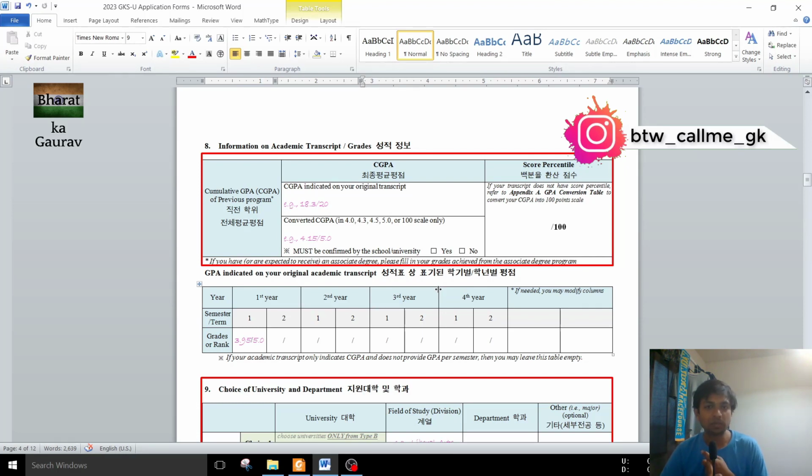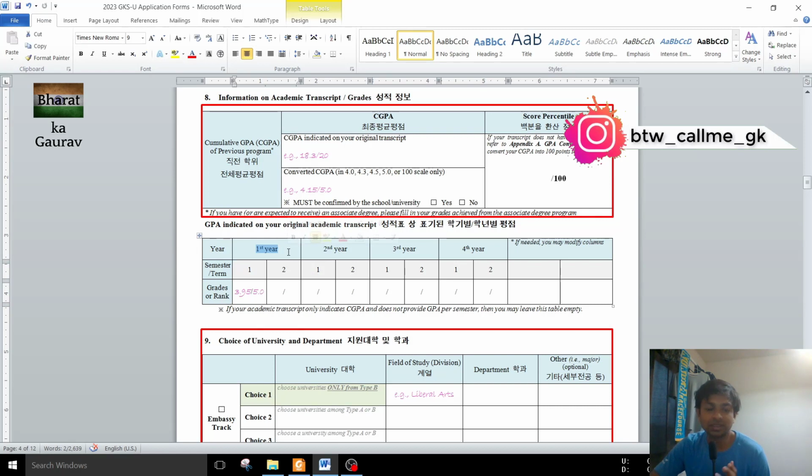One is the people who are having more than 80% and they have no problem at all. Like in the 10th examination, 11th and 12th, they have more than 80%. So their average, meaning the sum of all three divided by 3, if the average is also more than 80, they have no problem at all. So what they can do is that in the first year,